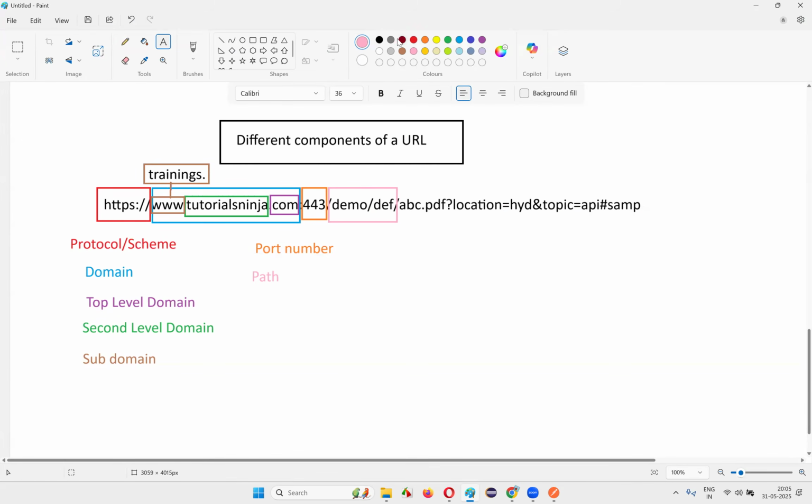Then the next one. This is nothing but the resource. This abc.pdf is nothing but the resource. It can be an image or it can be a PDF file. It can be an HTML document, .html, or .css. It can be anything. Then the next one, after the question mark symbol,